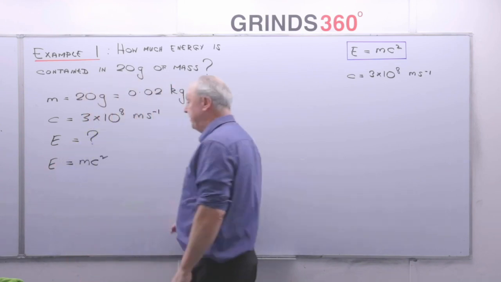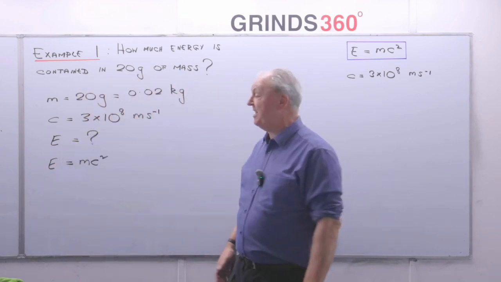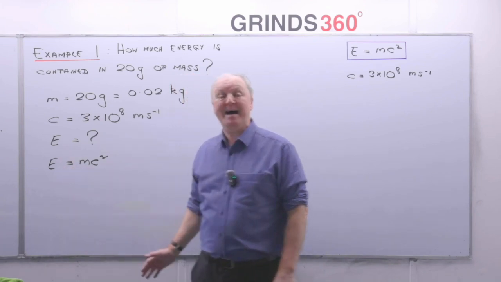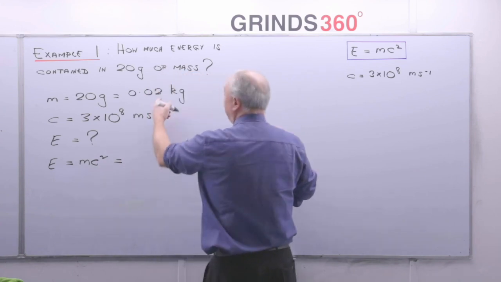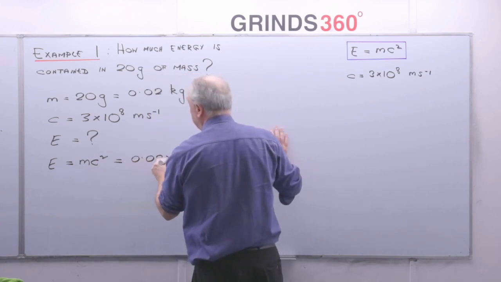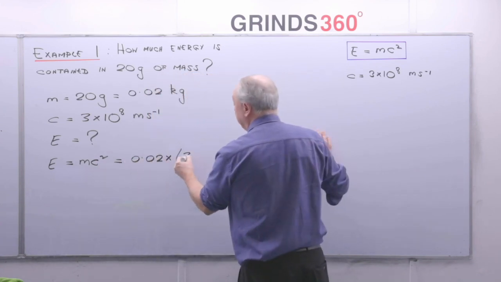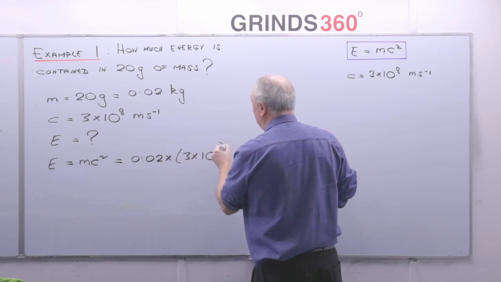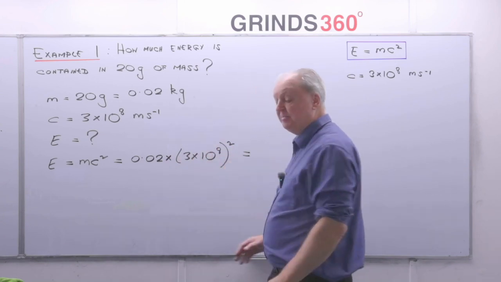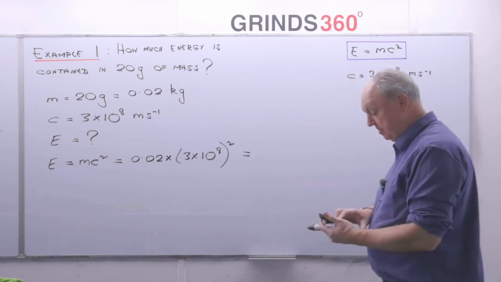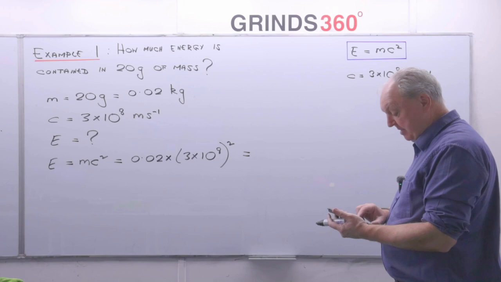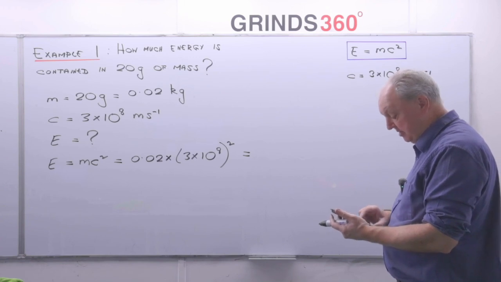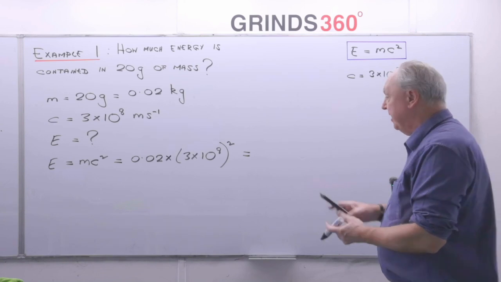So you see that formula there. That formula works when energy is in joules and mass is in kilograms. So that's equal to mass 0.02 multiplied by c, 3 by 10 to the power of 8, all squared. So I'm going to put that into my calculator. 0.02 by bracket 3 by 10 to the power of 8 close bracket squared equals, and I get a value